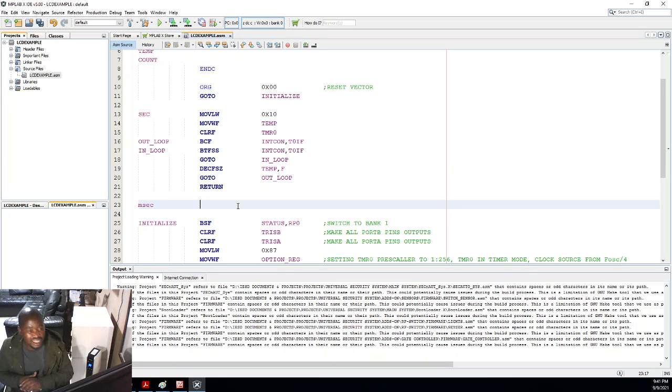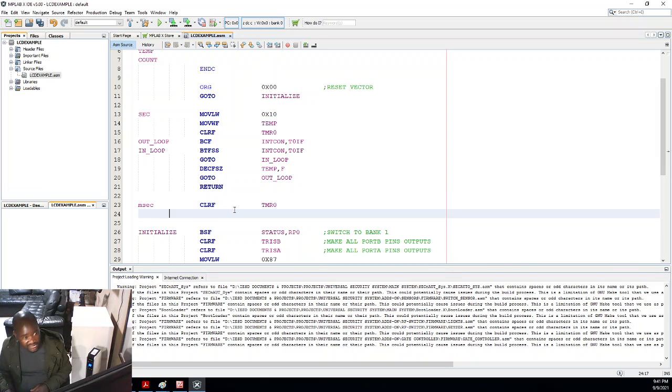I said 2 milliseconds will be enough. Forget about a lot of other things. I've done this 1,000,000 times to tell you that 2 milliseconds delay will be enough for these LCDs. So I'm going to create a delay there for 2 milliseconds. So clear file TMR0, and now my millisecond loop